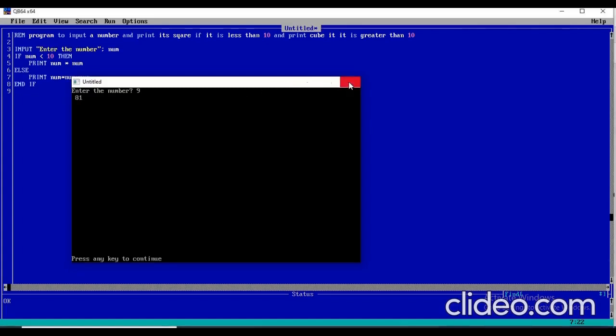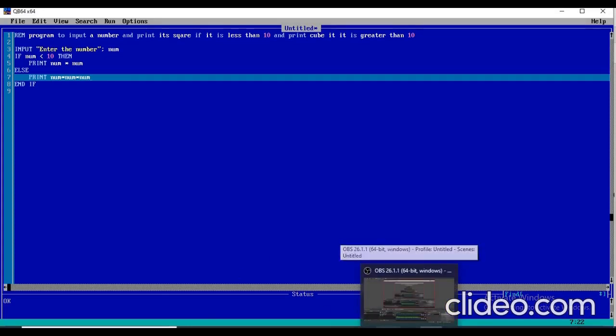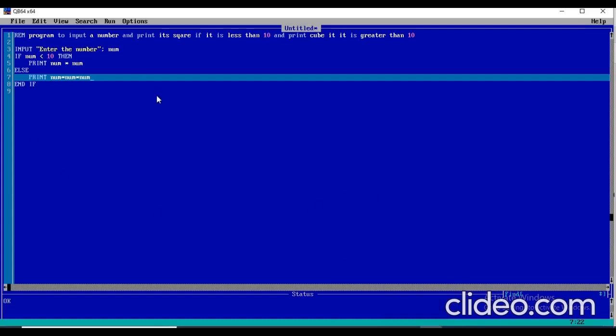So this is how we can do two statements, the if statement and the if else statement. If then else. So we call it if then else statement. Practice for it. I will give you some questions. And one more thing. This is only if number is less than 10, if number is greater than 10, then okay. We will do this more. Okay, I will show you more videos regarding